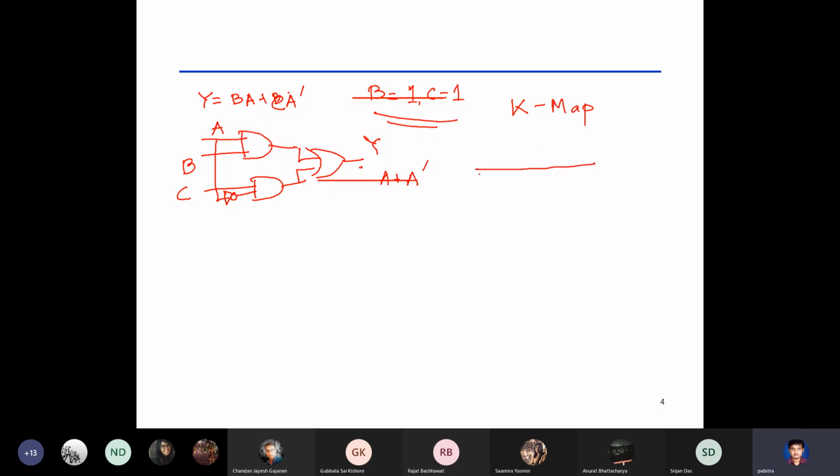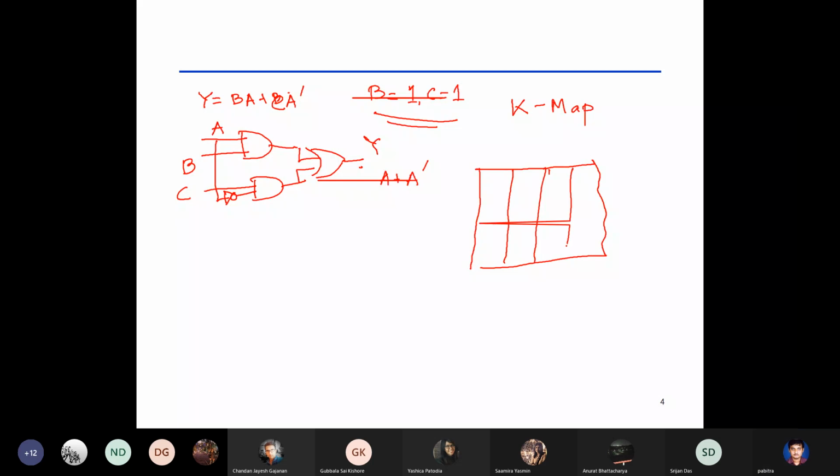All you need to do is the following. Suppose you have your Karnaugh map and you have some minterms. Let's say these are the 3 minterms. We just need to check if in the Karnaugh map there are 2 adjacent minterms,